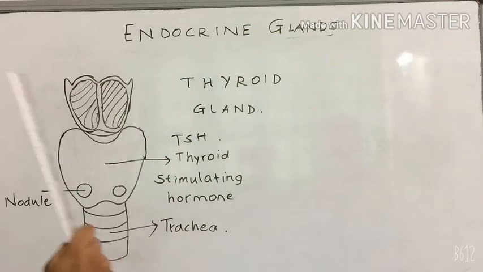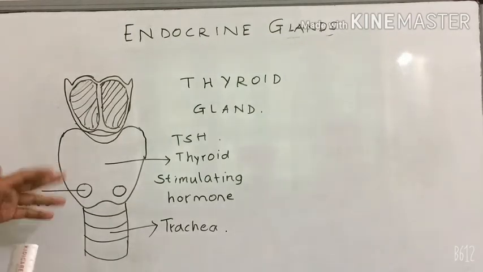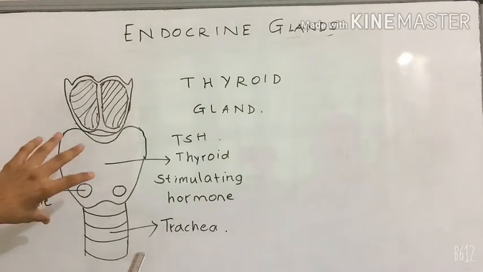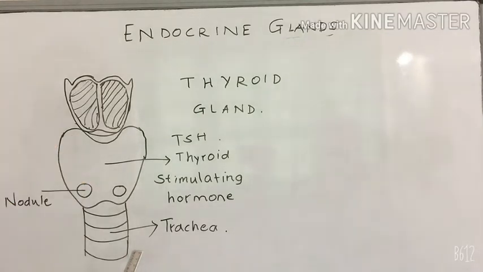Now what does the thyroid gland do? The thyroid gland is located at the base of the neck, and it is controlling the growth and metabolism of the body and is responsible for that. And iodine is required for the synthesis of this hormone. Therefore, in the case of deficiency of iodine in the body, the production of thyroxine becomes less, and in that situation what happens is